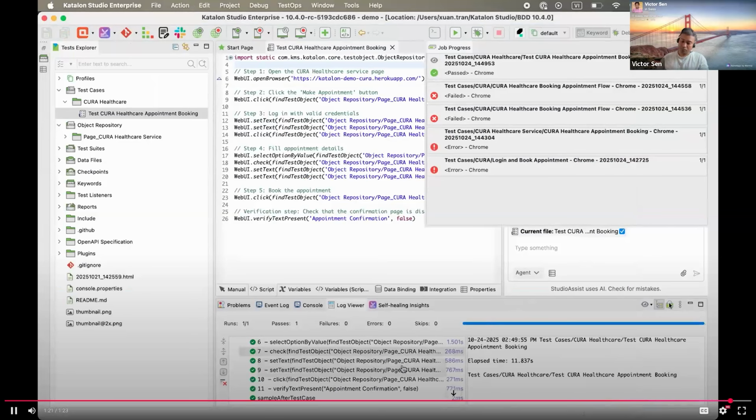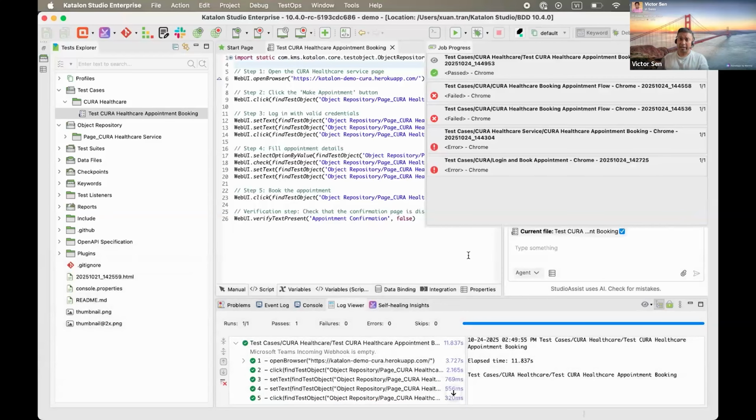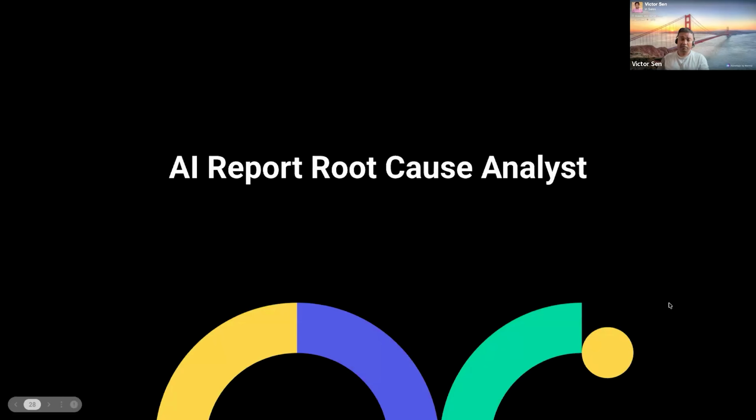So now we are approaching the end and we have completed the MCP Studio part, or the Studio Assist. Now we are moving to TestOps. The first thing that we have in TestOps is the AI report root cause analysis, or analyst. Like we have different analysts for you. What it is capable of doing is